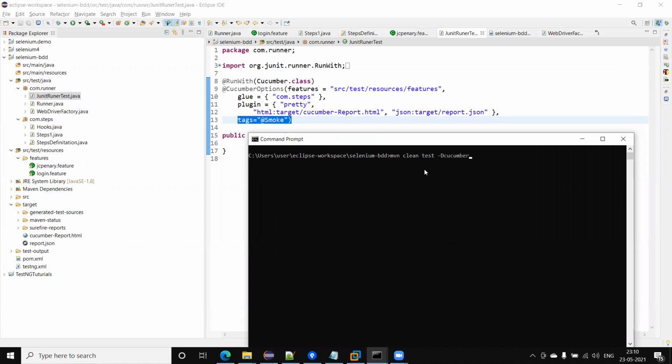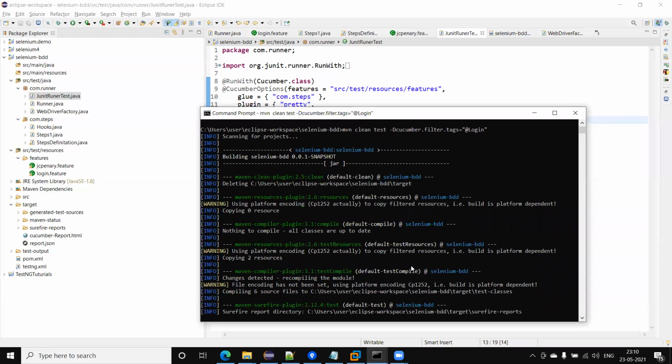Here I need to mention cucumber.filter.tags, and then I can pass a tag name. I am going to run the login test, so I will mention the login tag.